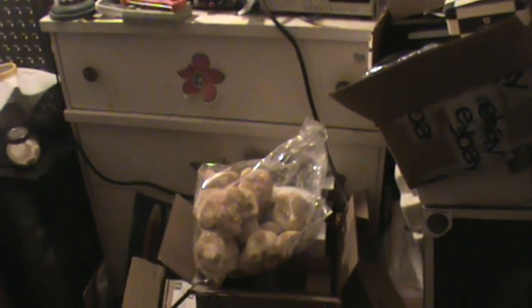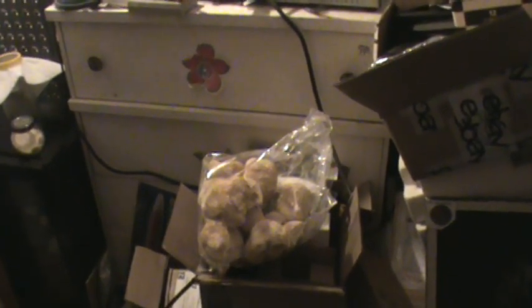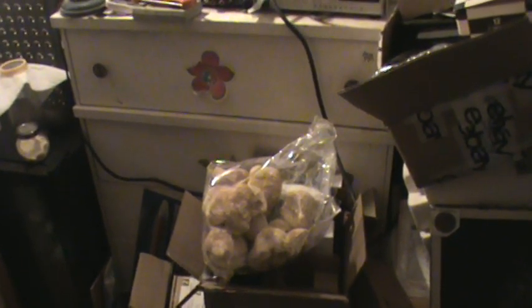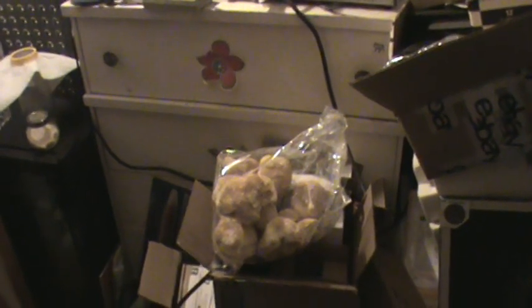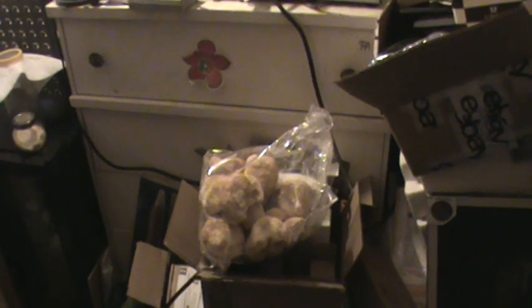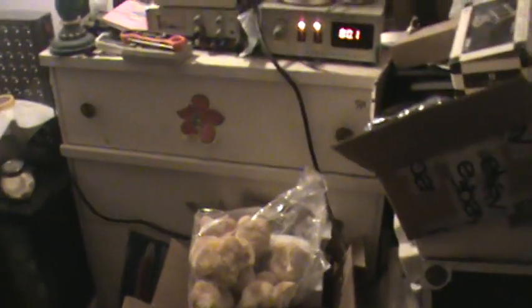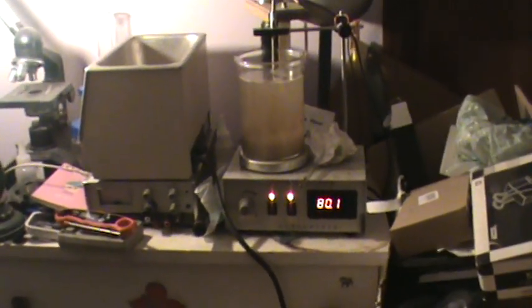There's lots of different papers out there. You can go on YouTube, search lion's mane mushrooms and look up the health benefits. There's a lot of supplements and pills that have lion's mane powder in them, and people are taking them. But what I have found out from my researching it is that